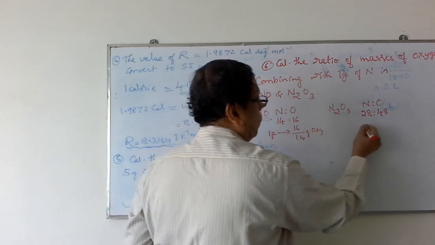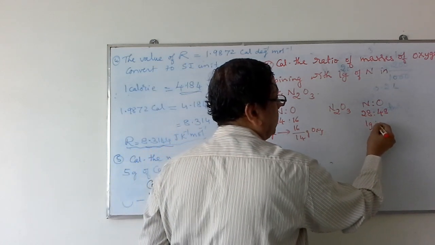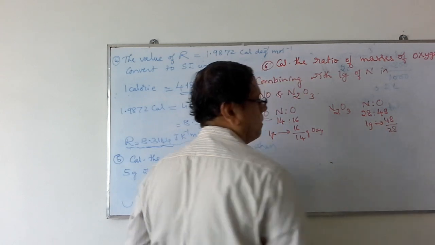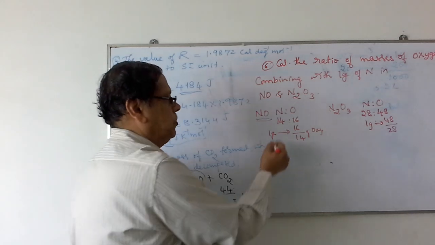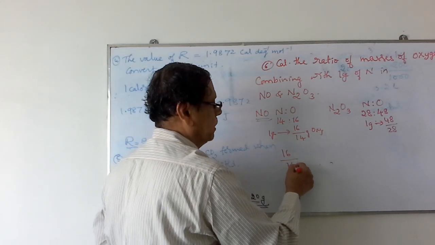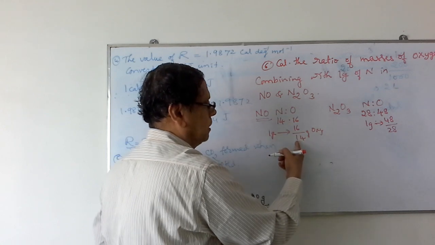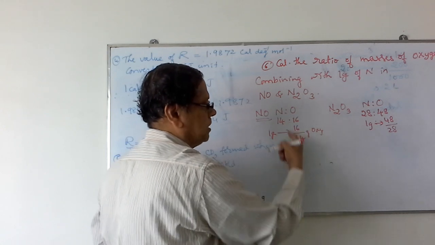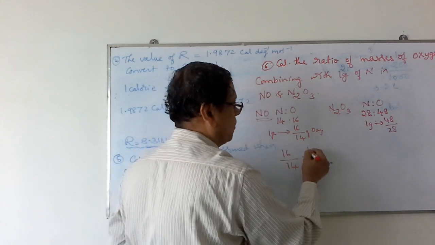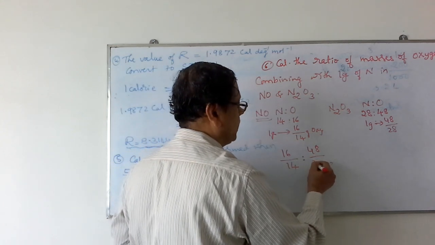Therefore, 1 gram of nitrogen will combine with 48 divided by 28. Now the ratio, if you calculate, the mass of oxygen is 16 to 14 in this nitric oxide, while it is 48 to 28 in case of this